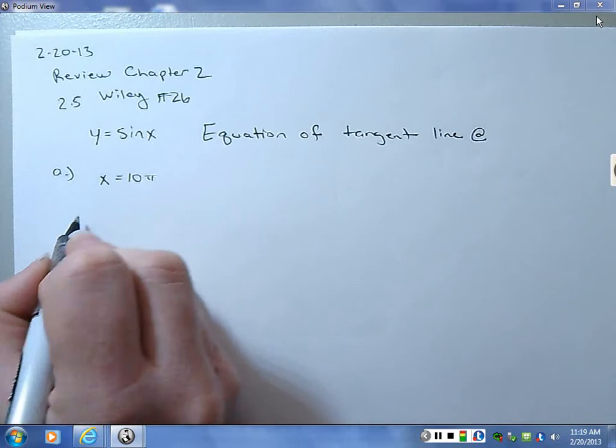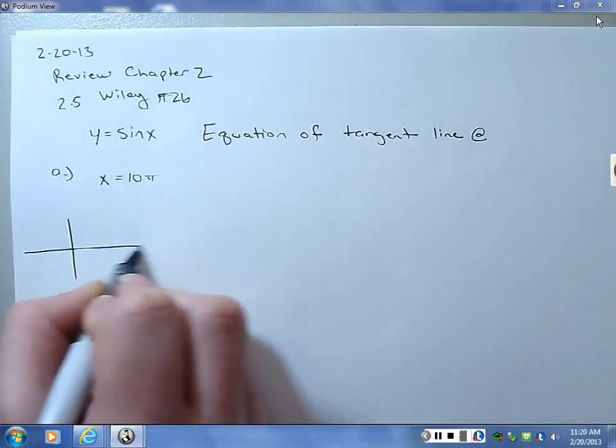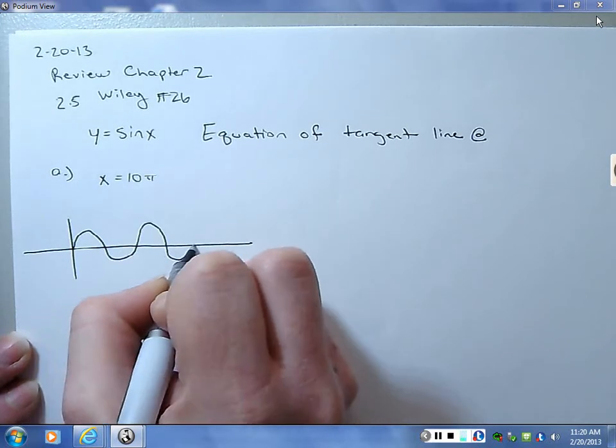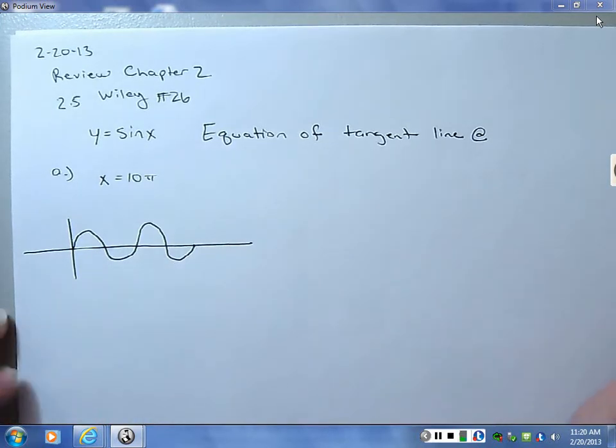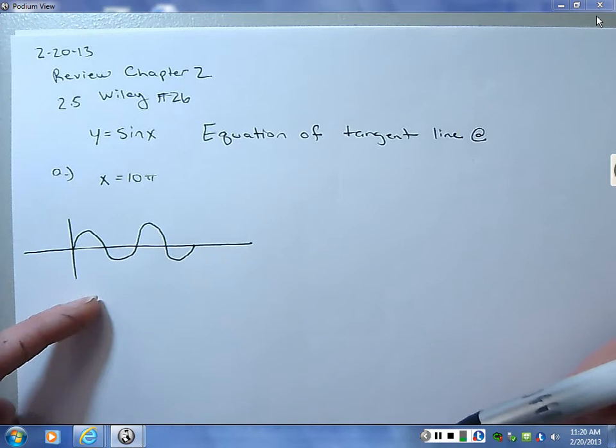So the graph y equals sine of x. So I have 2 pi, 4 pi, 6 pi, 10 pi, and so forth, right? It's periodic, and the period's 2 pi. So at 10 pi, the equation of the tangent line is going to be the same as at 2 pi,